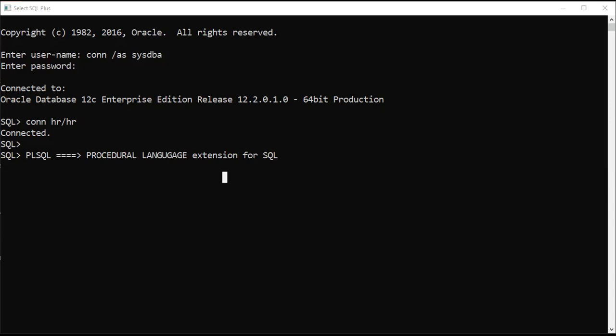That means if you want to work with relational databases, if you are to learn or understand PL SQL, you're already working with relational databases. Relational databases in this case are databases that store their data in tables,